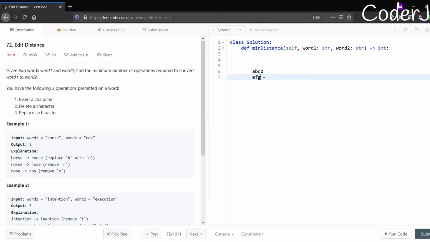So what I can do is maybe I can just insert a character and the character will be d. Okay, one operation. Replace g with c, so it becomes c. Replace f with b, it becomes b. Replace e with a, it becomes a. So the minimum number of operations that I've actually used now is 4. So with the help of these operations, it's clear to me that I can convert any word to another word.